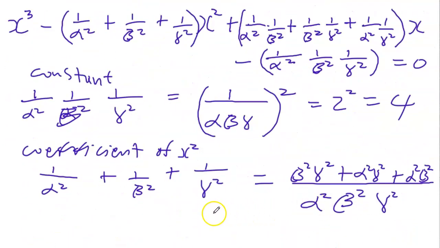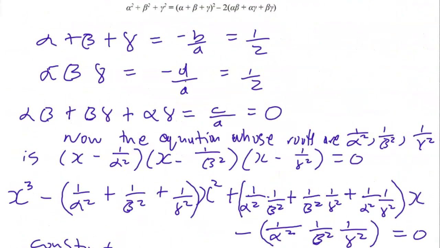This is equal to alpha beta plus beta gamma plus alpha gamma all square,